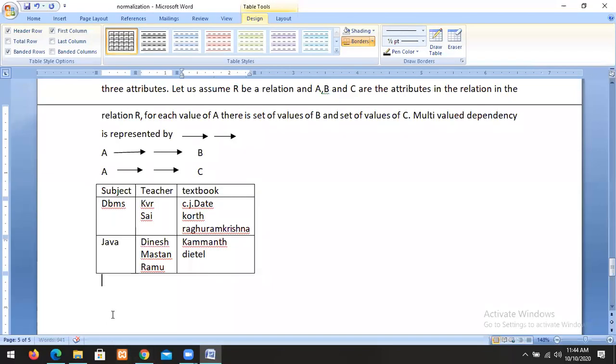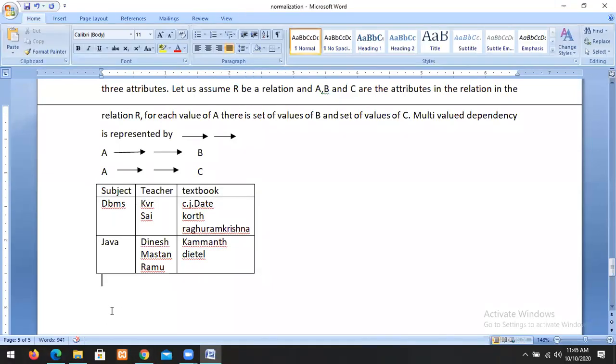Let us assume that this is a relation. Actually, this relation is not in first normal form, because there are multi-valued attributes. So the normalized relation of the above relation is